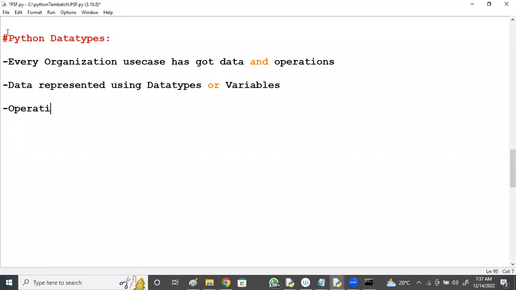Operations are represented using functions. Every organization use case has got data and operations. Data is represented using data types or variables. Operations are represented using functions. For example, if I take the example of a bank,